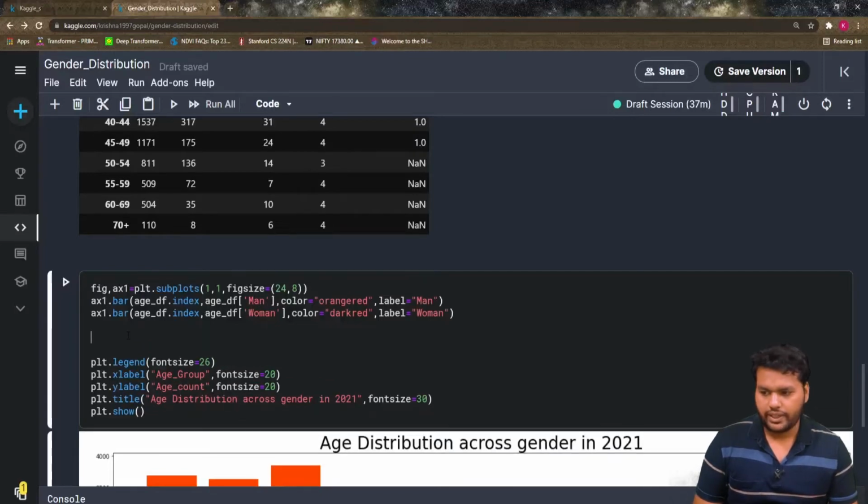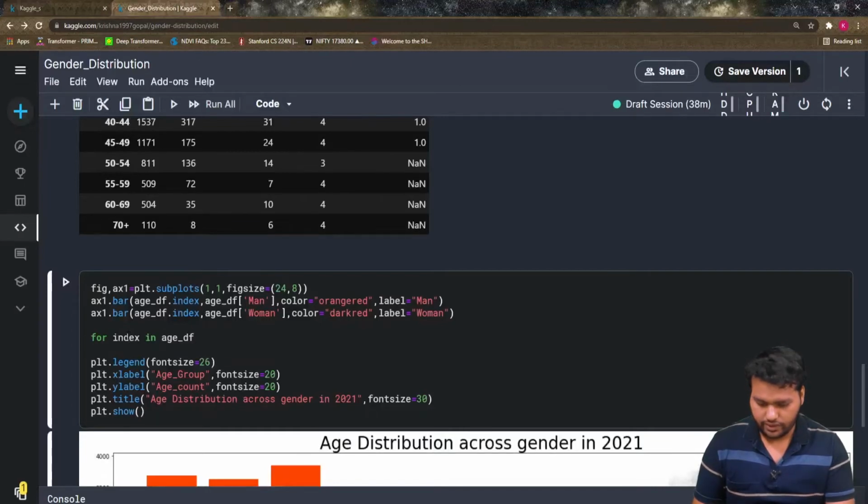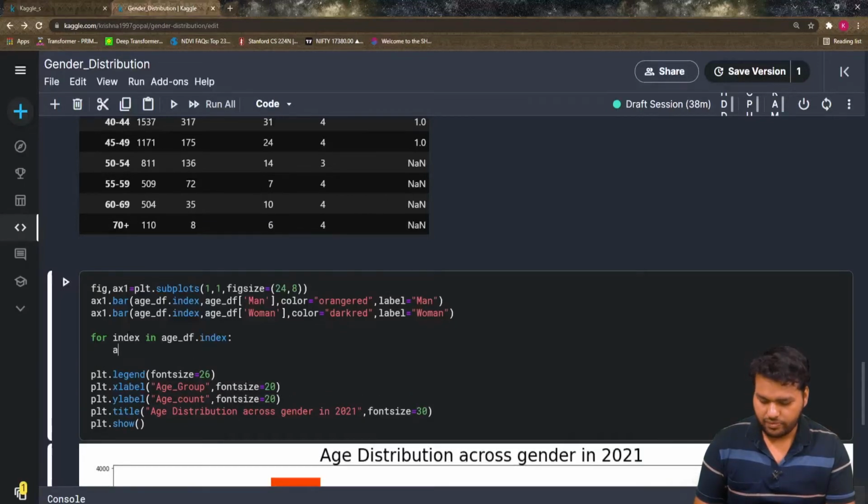So for index in df.index, ax1.annotation, and what will be our value is df, definitely the men, with loc on the index,